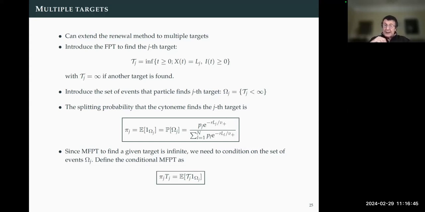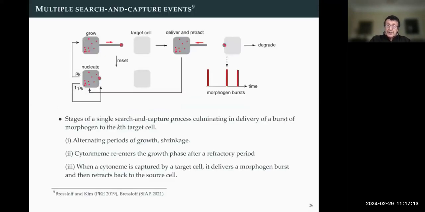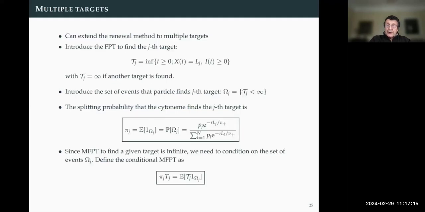This is the probability that over time, the target I'm absorbed by is the jth target. So go back to that picture where you've got a bunch of target cells distributed in your target domain. Each time you grow in a particular direction, geometrically speaking, you can work out the probability that I'm going to grow in the correct direction. That's the p_j. And then you can work out what the splitting probability is for the different targets. Okay, any questions about all of that?